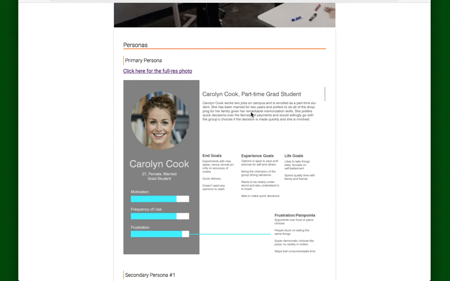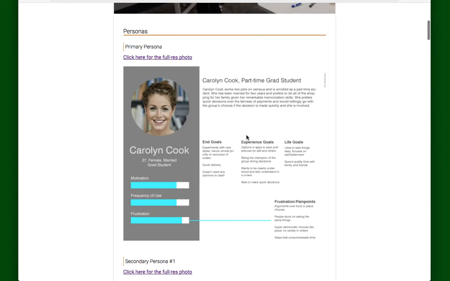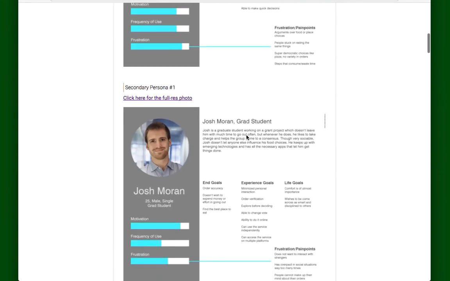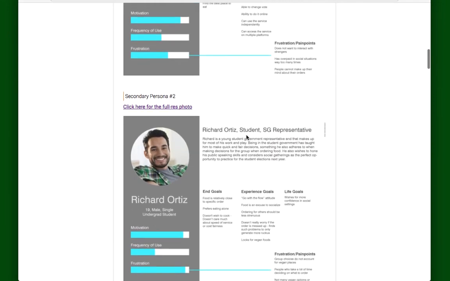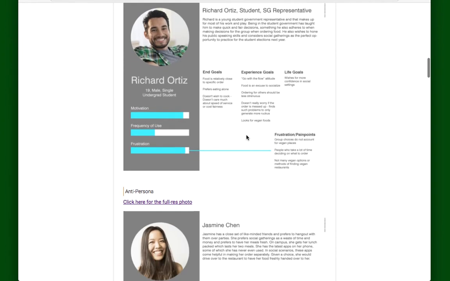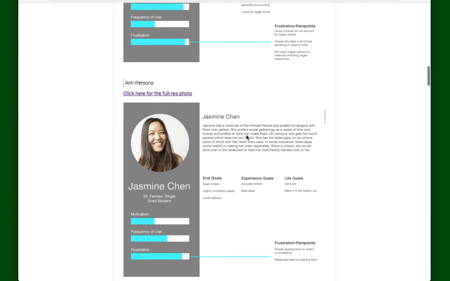And the descriptions have just enough detail to make each persona memorable, but not an overburdening amount. And it really requires good writing to achieve this. The number of personas is good. There's one primary, there are two secondary, and one anti-persona. The inclusion of end goals, experience goals, and life goals is great, and it fits in with